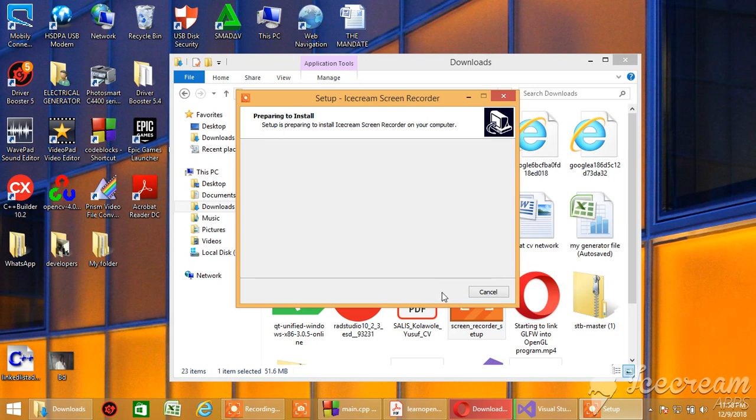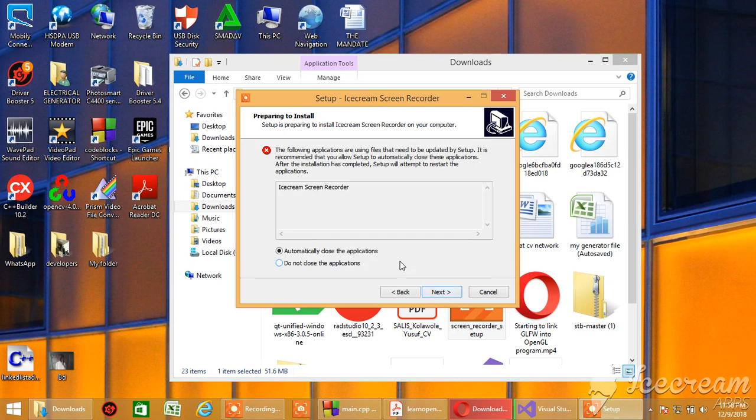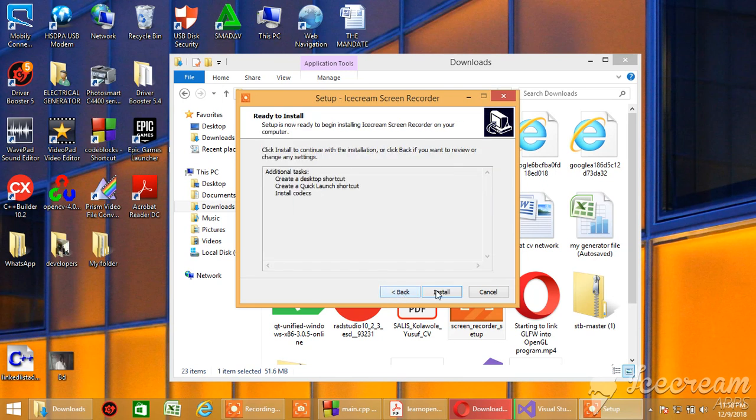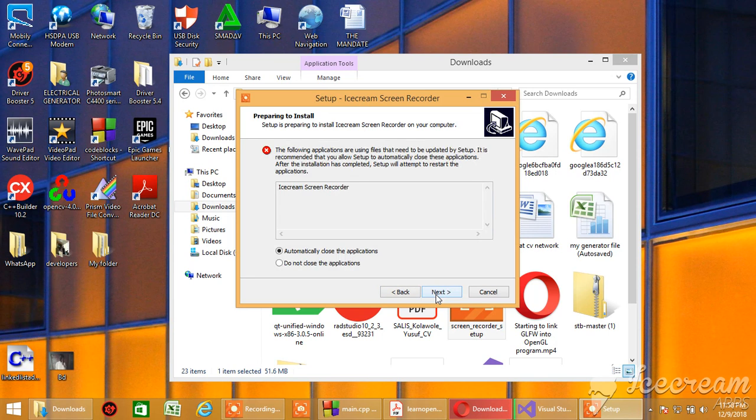At this place it will start installing. I've already installed my Icecream app on my laptop, so it's giving me an error. But after you click this install button here, it will start installing, and when the install finishes, it will ask you if you want to launch it at once or launch it later. So anyone who wants to launch it or launch it